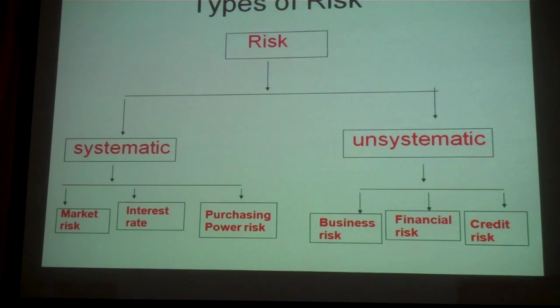Think that you are a company. From the company's point of view, unsystematic risk is what I can predict and what the company can do from its end. I should be knowing what my business risk is. As Reliance Industries, I should be knowing what risk I'm taking in the oil exploration business or manufacturing sector. The cement industry should know the risk involved in the cement industry. The banking industry should know the risk involved in the banking industry.